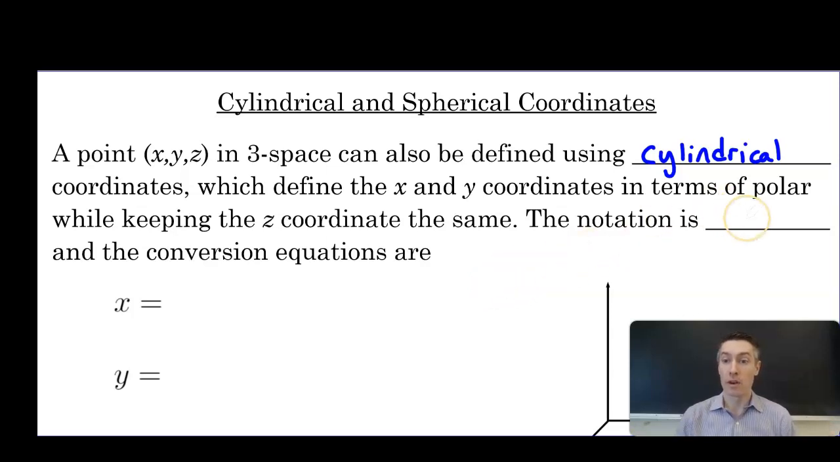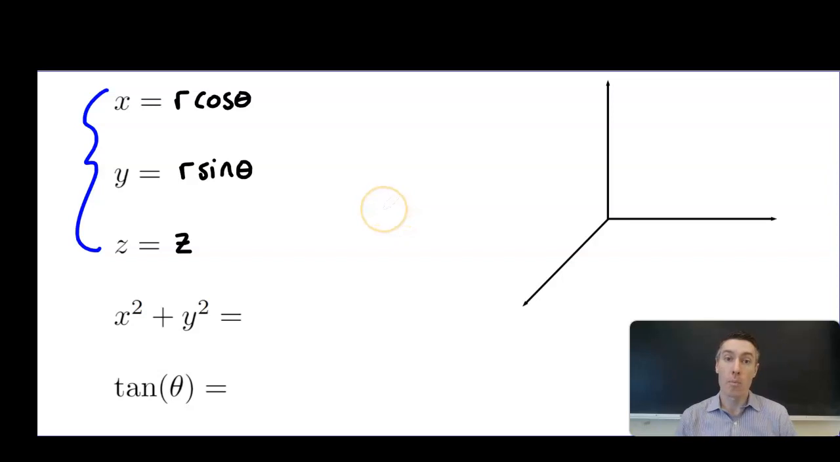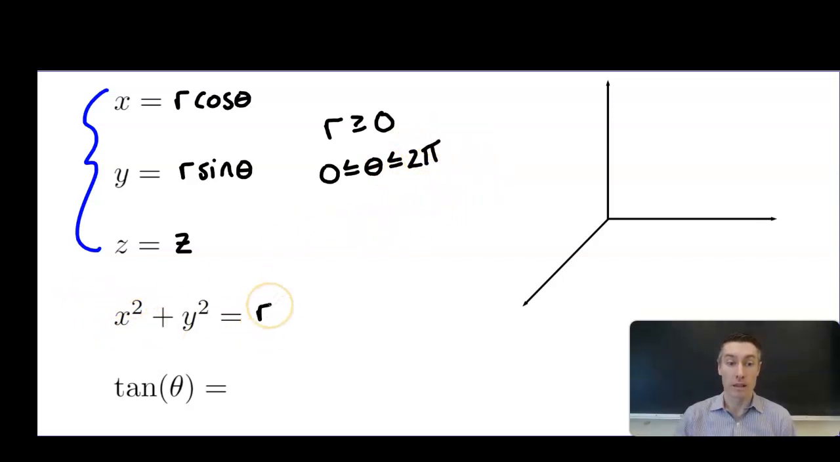z, the same. The notation then is r theta z, and the conversion equations are the same. So that's x equals r cosine theta, y equals r sine theta, z equals z. These three are helpful in taking a point from the cylindrical coordinate system back to rectangular or Cartesian. Couple restrictions: we want r to be greater than or equal to 0, and theta between 0 and 2 pi. And then we have x squared plus y squared equal to r squared, and tangent theta is y over